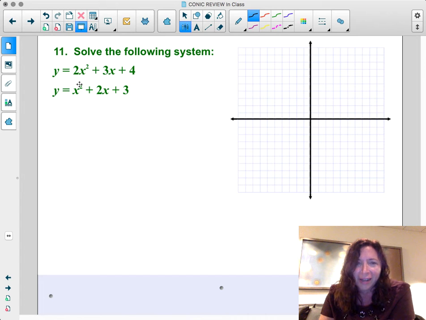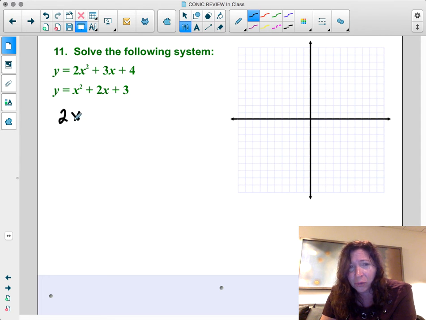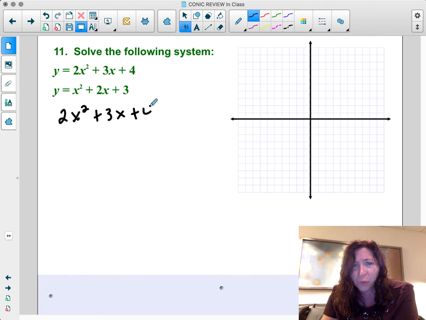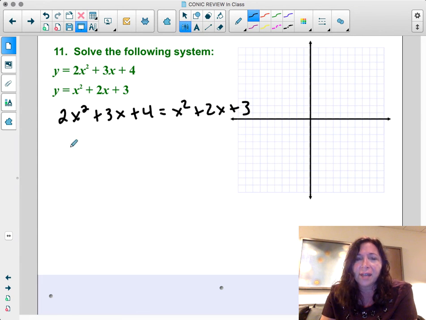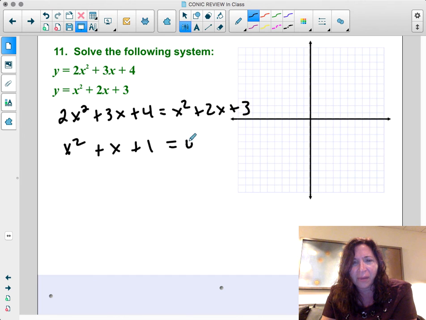For this problem right here, this is a parabola and another parabola. For these two parabolas, again, I would set the equations equal to each other. 2x squared plus 3x plus 4 equals x squared plus 2x plus 3. I would subtract x squared, so I have x squared. Subtract that, I get plus x. Subtract that, I get plus 1. Is this the same exact problem? I feel like this is the same problem. Anyway,